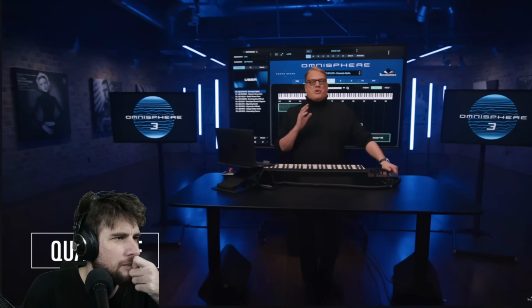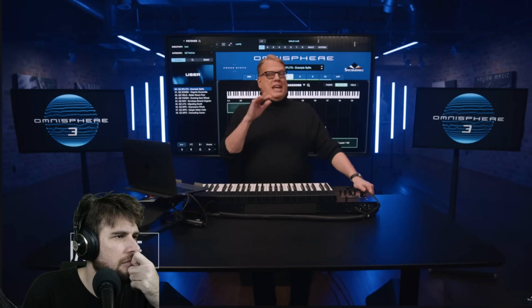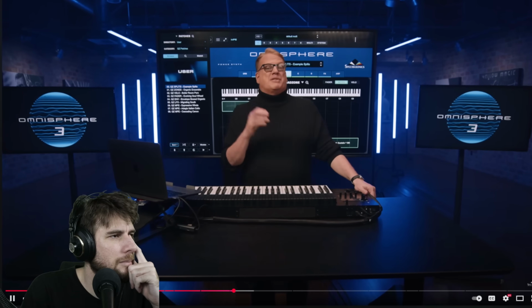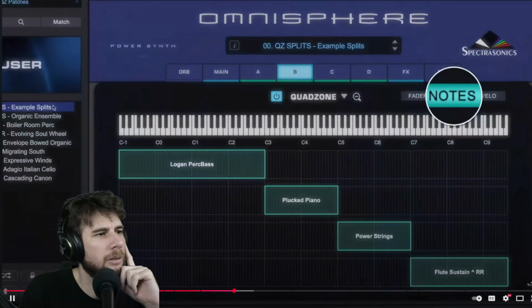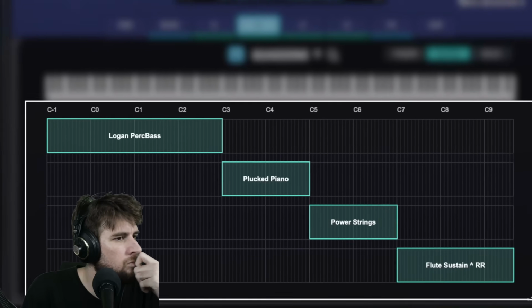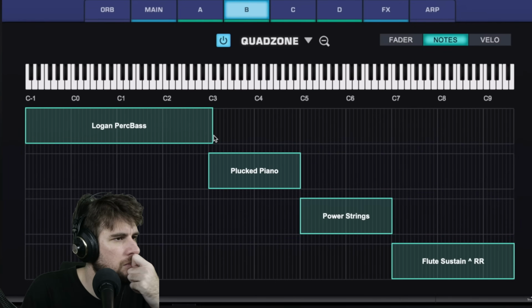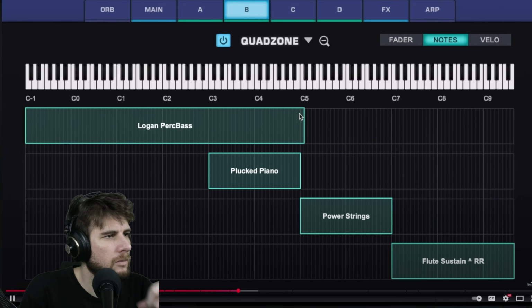Quad Zone is an incredibly powerful new synthesis feature that allows you to take the 4 layers in a patch and arrange and modulate them in some very cool new ways. The notes mode allows easy creation of splits. So you can see here I've got 4 different layers that are on different parts of the keyboard, like a standard split arrangement. Now I can also move and overlap the regions and mute them, and then we'll do some